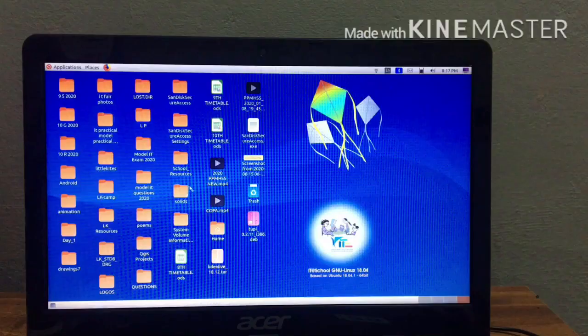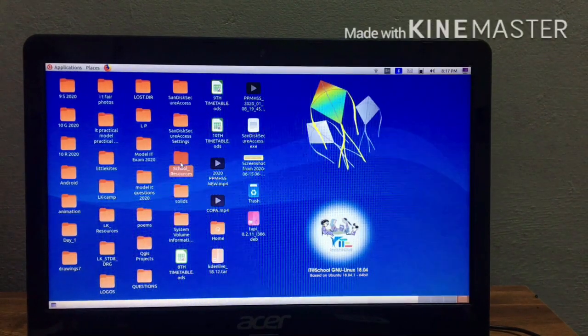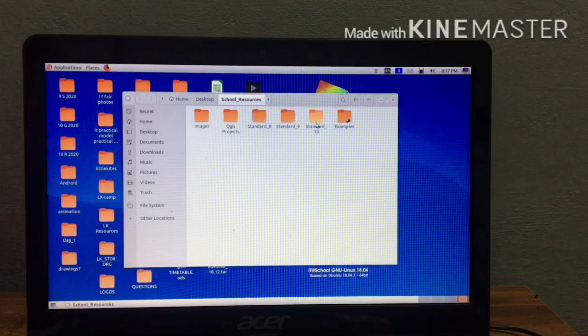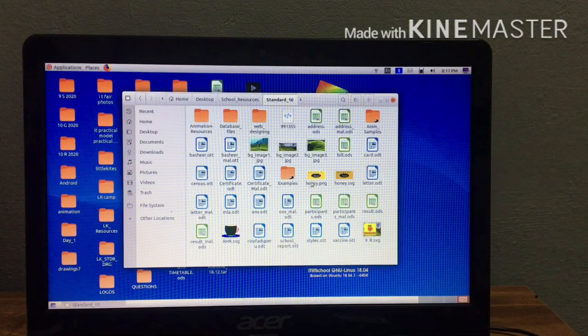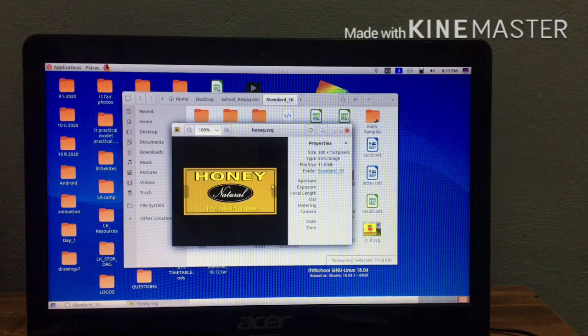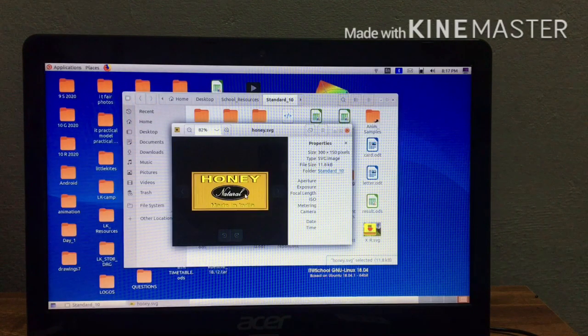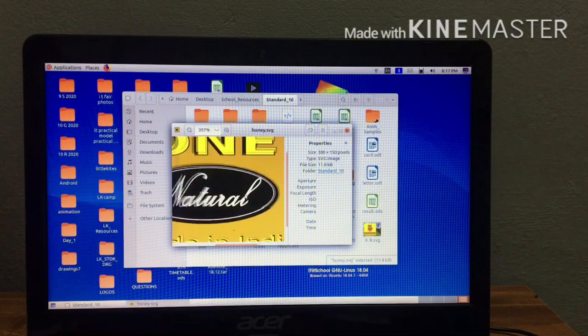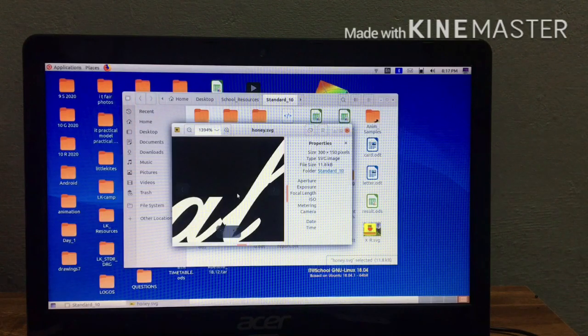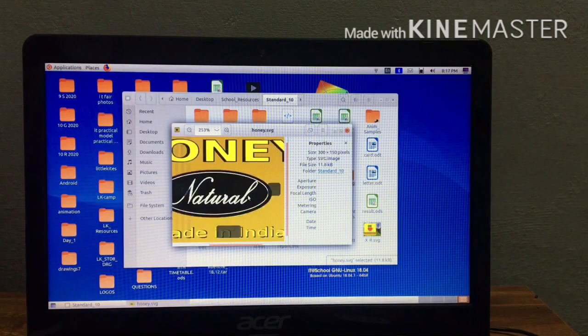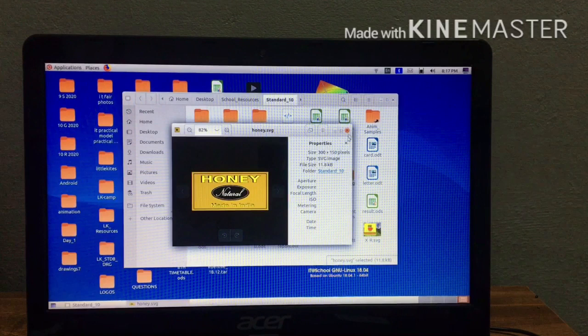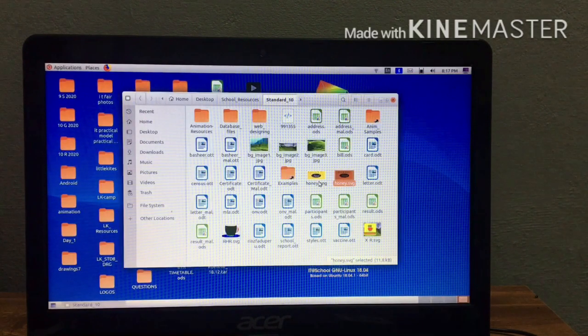See, in the school resources folder in standard 10 there are 2 files, honey.svg and honey.png. Open honey.svg, zoom it. What do you see? The clarity of SVG pictures is not affected when it's zoomed in, right? Then what about honey.png?